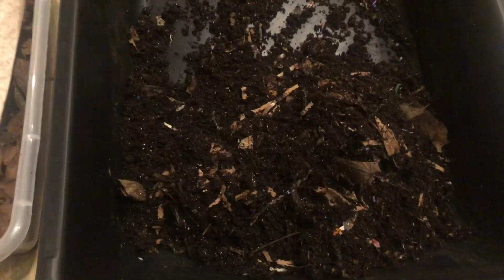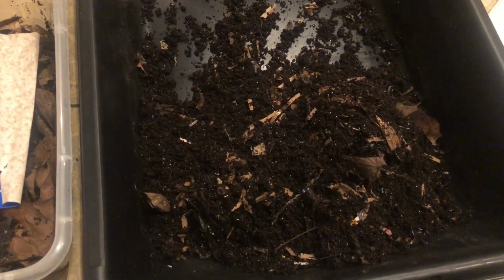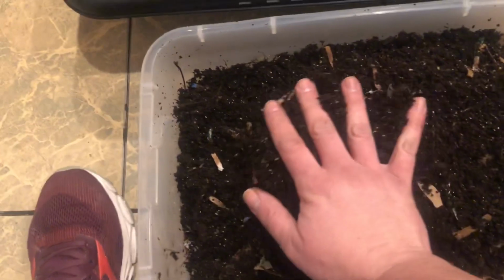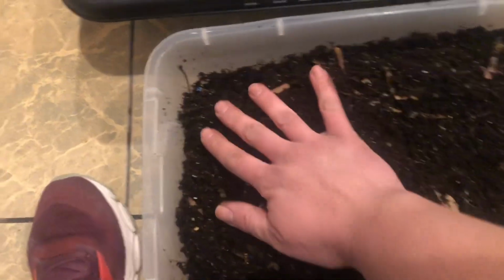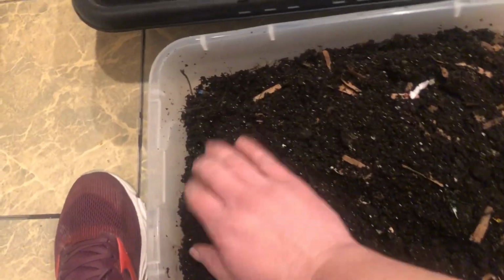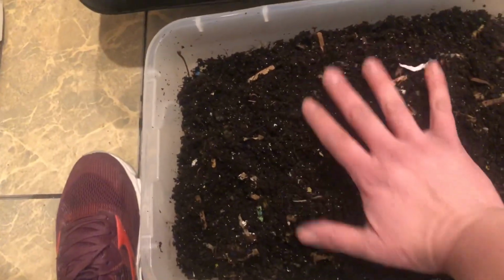And then I'm going to dump the contents of this back into the bin. Hopefully it'll all still fit now that I've fluffed it up and put little air pockets throughout here. Okay, the bin is full again. This bin is empty. I've double and triple and quadruple checked to make sure there's no baby worms left behind, and it all fits back in here with the new banana that's been added in and the piece of cardboard I stuck in there. I did see several cocoons while I was moving things around,